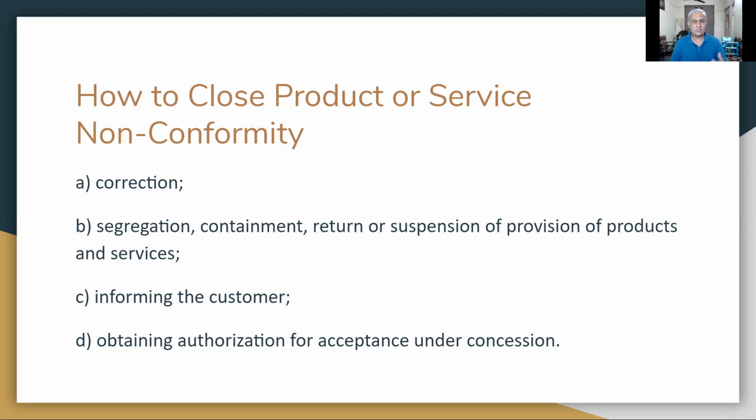If it is not possible, because in some cases the product is such that we cannot increase the length, we can decrease the length to some extent if it is 12.2 or 12.3, but we cannot increase the product length. If that is the situation, then you first have to segregate those kinds of products. We have already done it. Out of 100 units, we have identified that 30 units are not as per the requirement, which is a segregation. These segregated 30 units should be kept under containment.